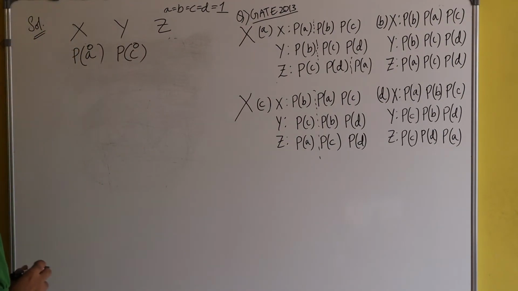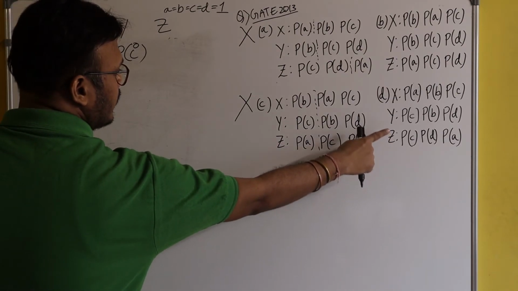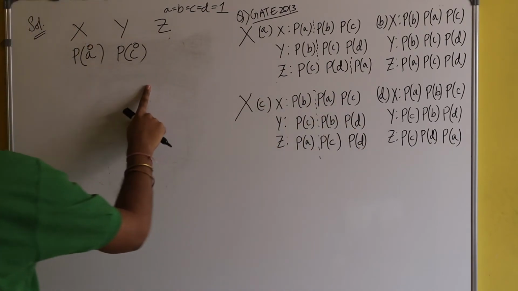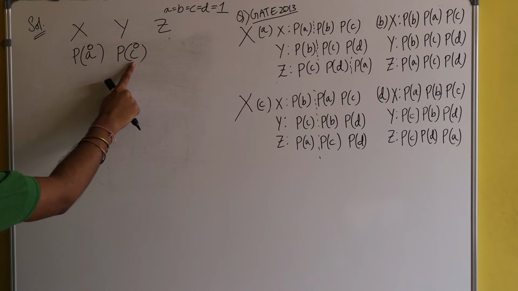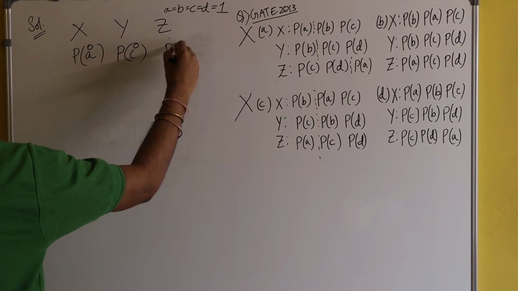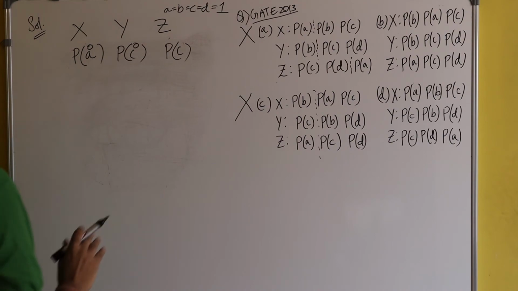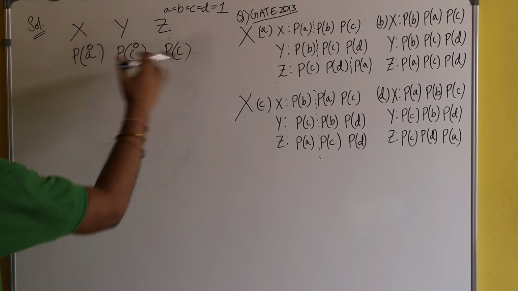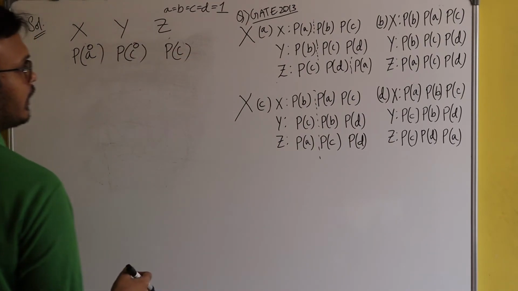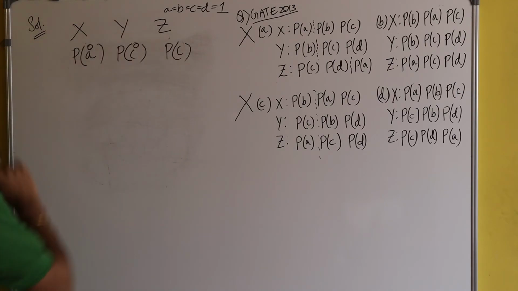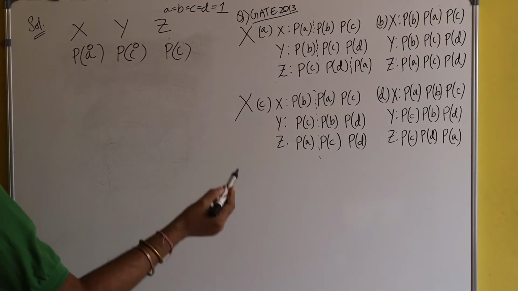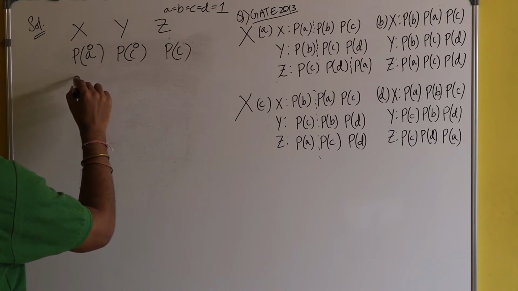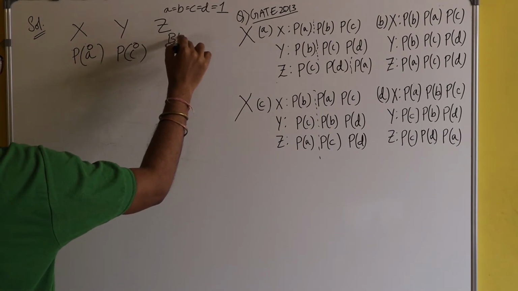Now if context switching happens and the CPU is given to process Z, then process Z will have to wait. Why? Because the value of C has been made 0 by process Y, and here process Z wants to apply P of C, but C is already 0. So if there is a context switch at this point and the CPU is given to process Z, then process Z will have to wait. Rather than that, suppose the CPU is given back to process X. Now process X will apply B operation. Here process Z is blocked, suppose.